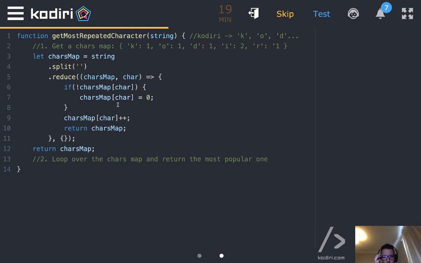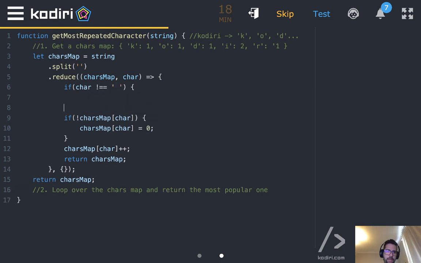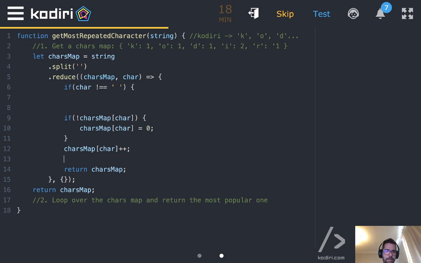So we need to remove the spaces, right? There are multiple ways of dealing with the problem. For instance, we can just have another if here. If character is not a space, then do whatever you want to do. Of course, we could split and remove the spaces in a different way. I'm not against that.